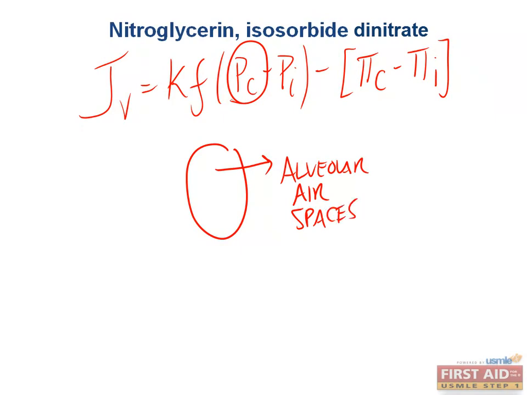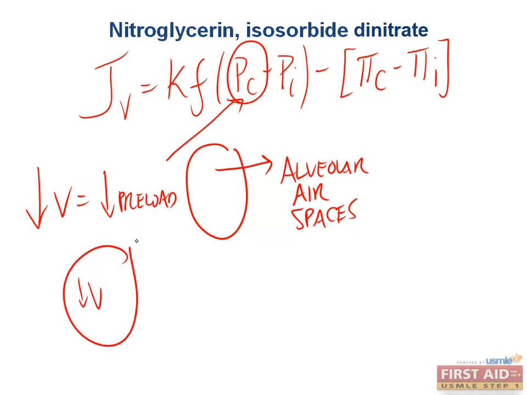So how can we relieve some of this hydrostatic pressure? Well, how about relieving some of the pressure by decreasing the volume? Remember, compliance is how much these vessels can accommodate changes in volume per units of pressure. If you decrease the volume being delivered, aka decrease the preload,